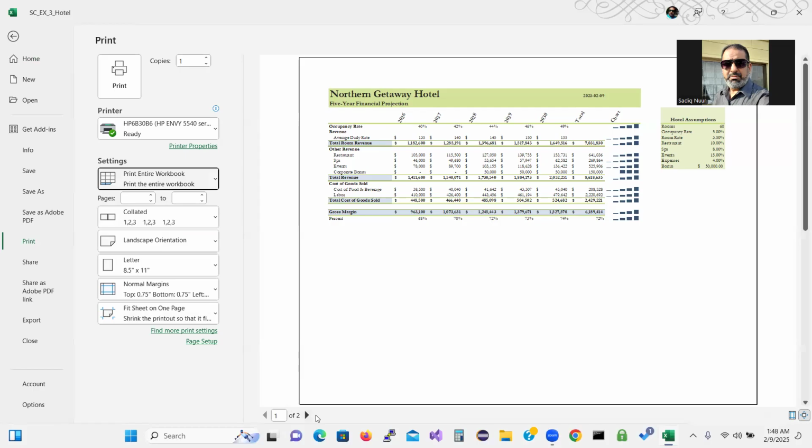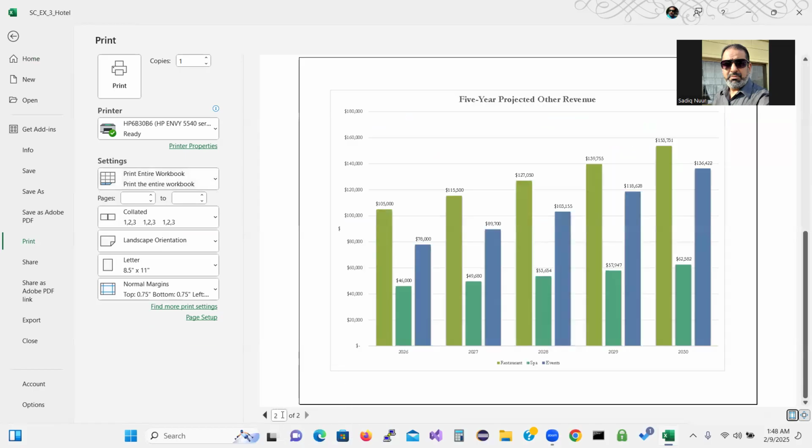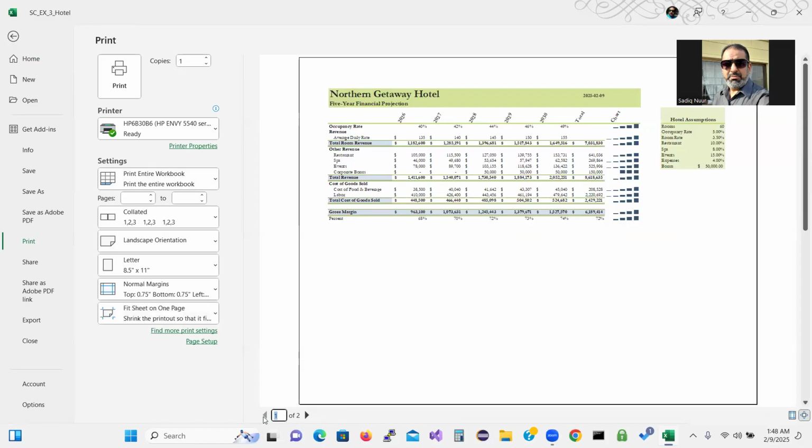So now if you look down here, I have one of two. If I click here, that's the chart. If I go back here, the first one has my data worksheet. All right. So after we did that,